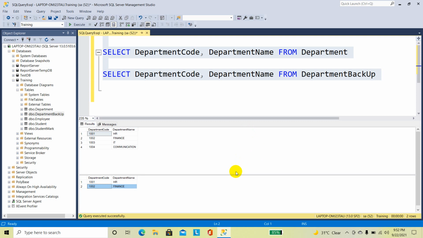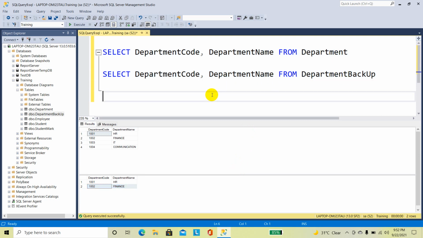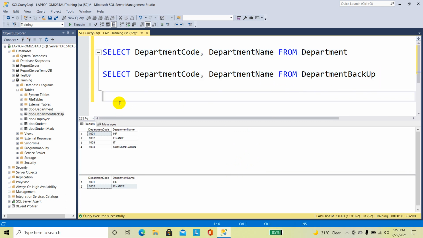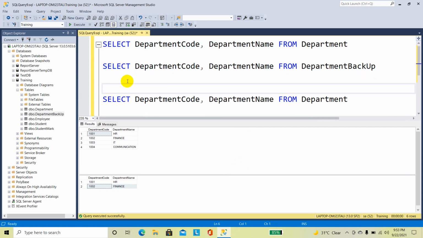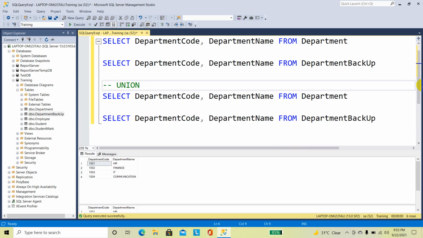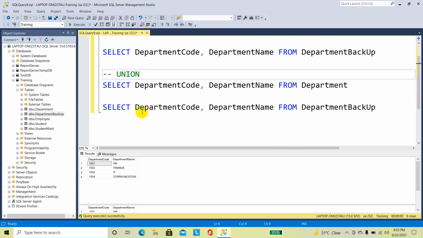Now I am going to apply union for these 2 tables. So first I am going to select these 2 statements and paste them here.